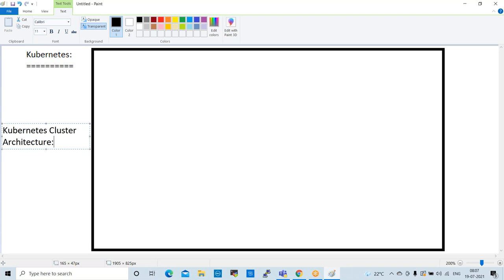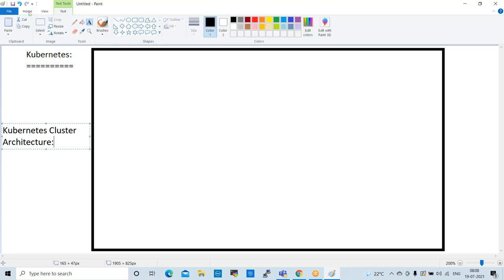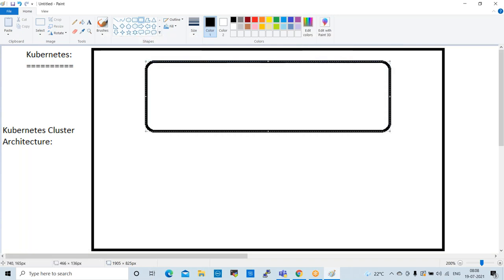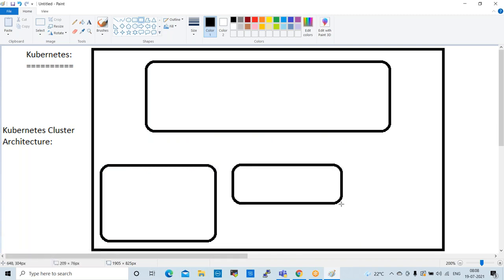So the first component is the master. This is the Kubernetes master. These are the nodes, Kubernetes nodes.